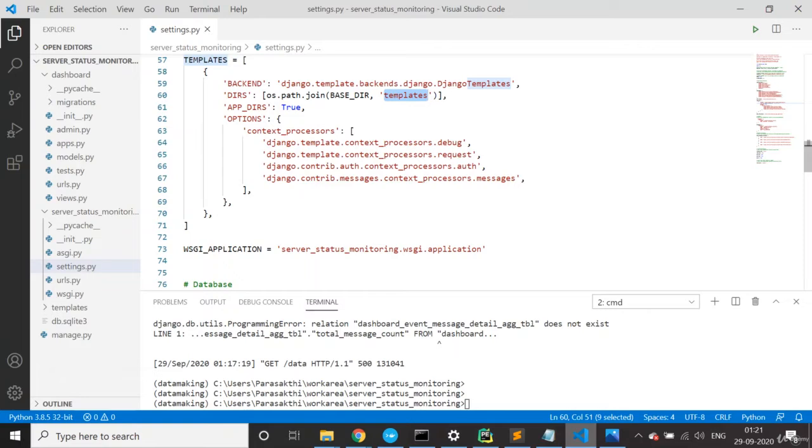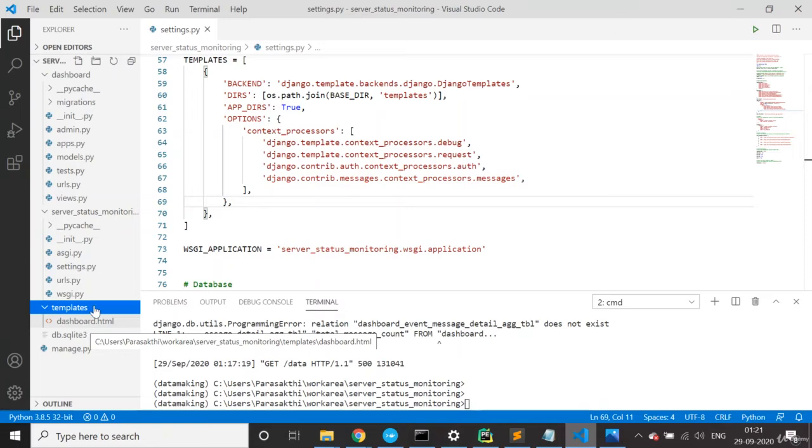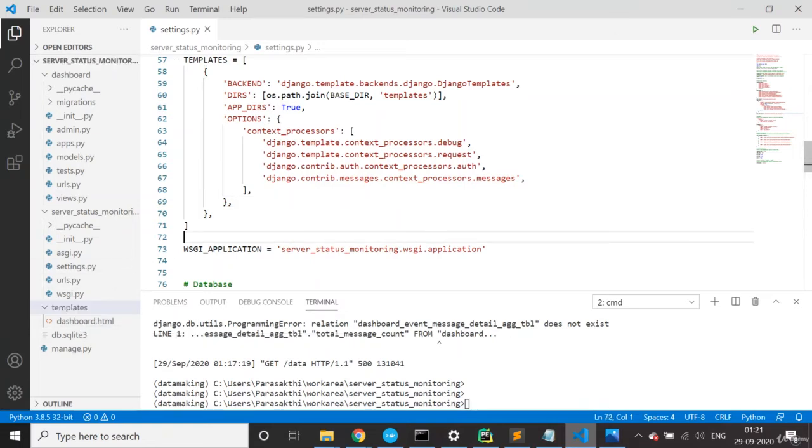The template is nothing but kind of an HTML file where your content will be rendered. So we are going to use templates, meaning HTML pages, to show our charts. These are the templates you can define here. So we created a folder called templates and we have a file called dashboard.html. I'll come to that later.